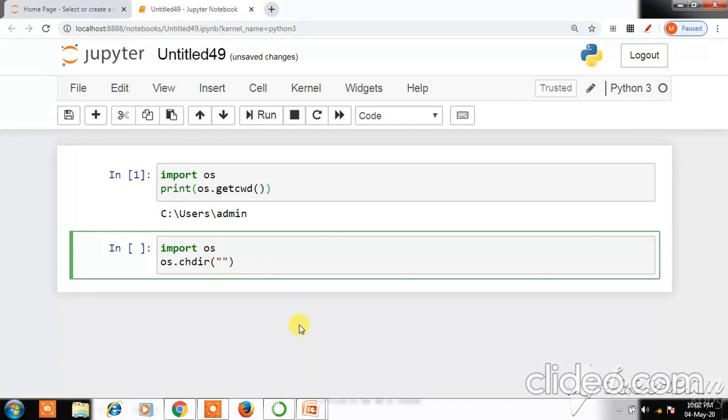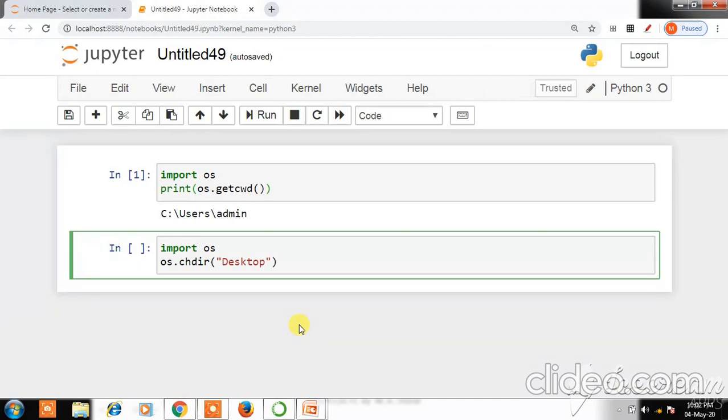We want to move from the current admin location to the next hierarchy, which is the desktop folder, so we'll write the folder name, desktop. It will move from admin to desktop. Make sure that as you are moving from admin to desktop, desktop should be part of the admin folder.